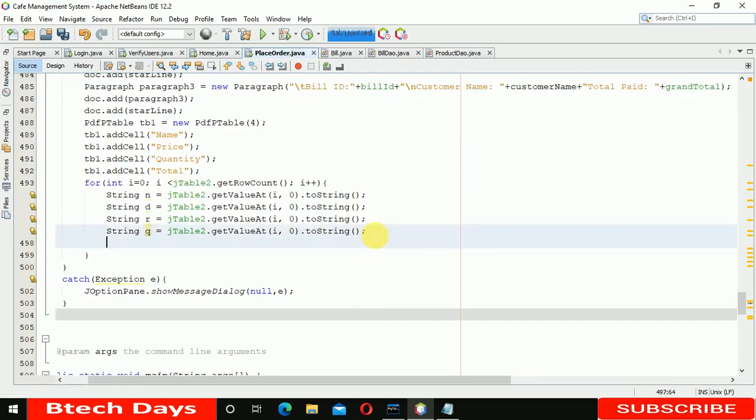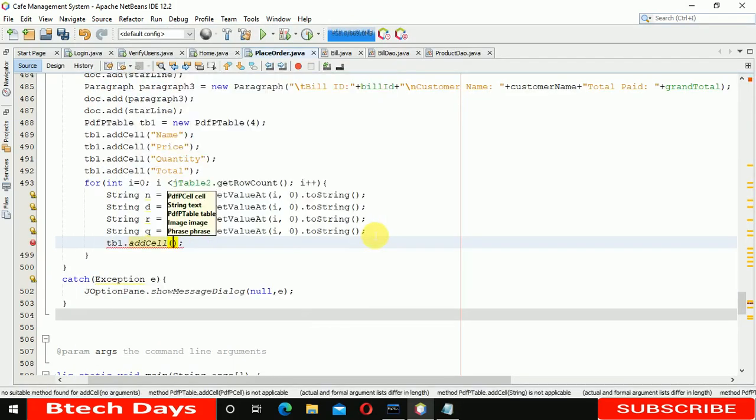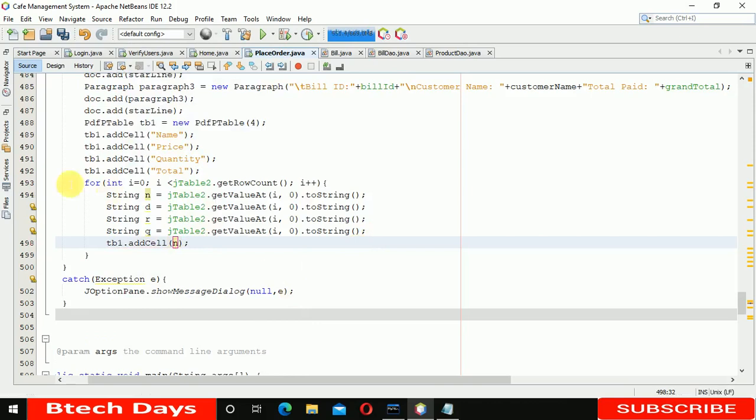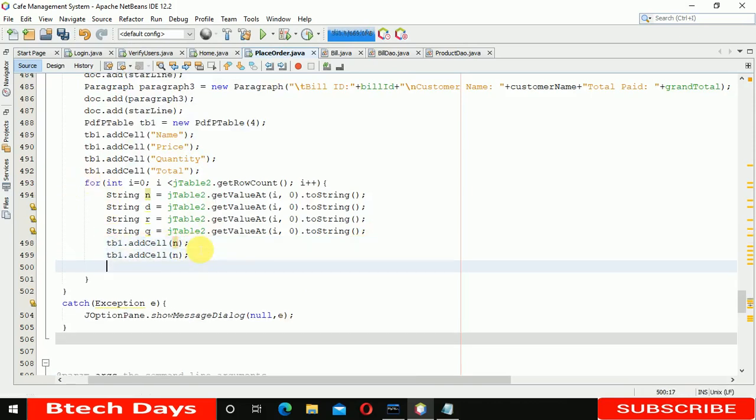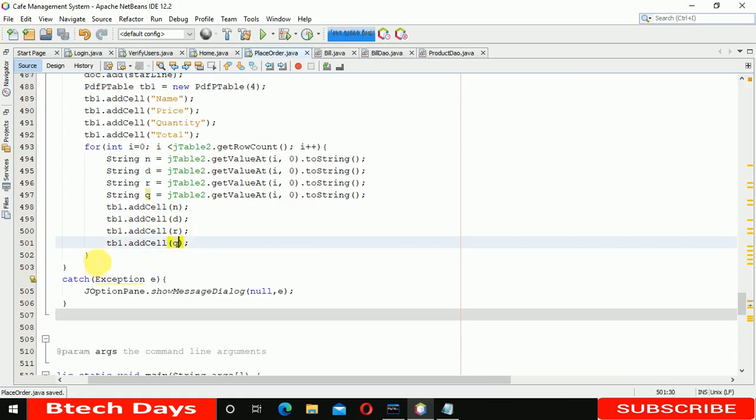Okay, after that we are going to add these values in the table cell, so addCell, and here we are going to write n. Let's copy this and paste it 1 2 3, and here we are going to write d, r and q, sorry it's q. After that we have to write actually,